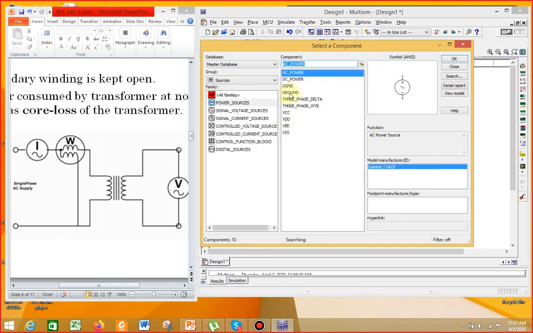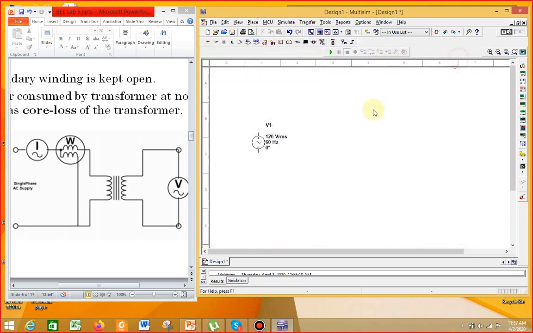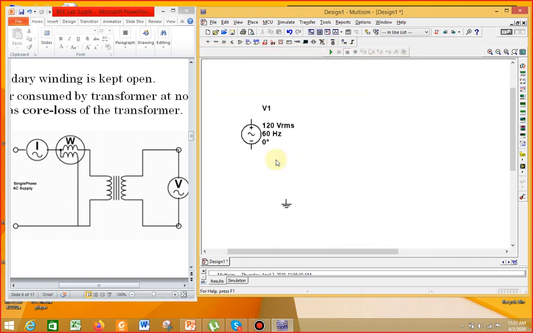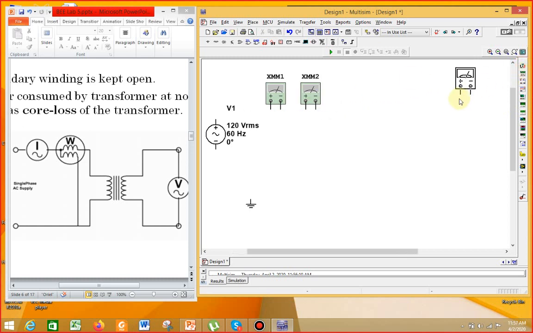Then we also need a ground for our circuit, so click on ground, click OK, and here you go, you have got the AC power supply and the ground. So both of the required components are here. Then I need some meters, so just click on the multimeter. You can see on the right side we have a block for multimeter. Click on that block and gather 3 multimeters over here, because we need two multimeters for current and voltage of the primary, and then we need